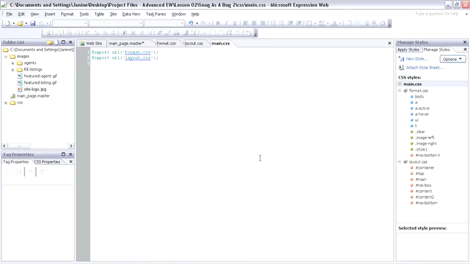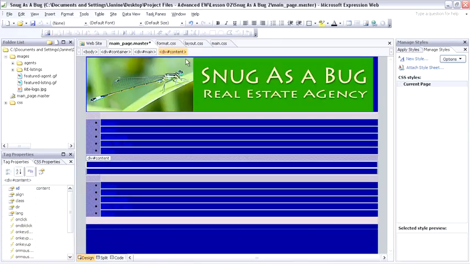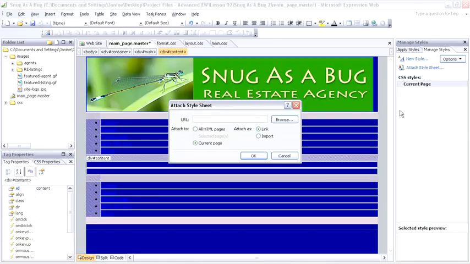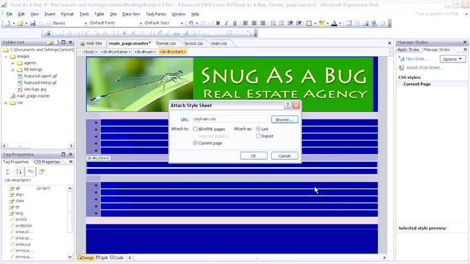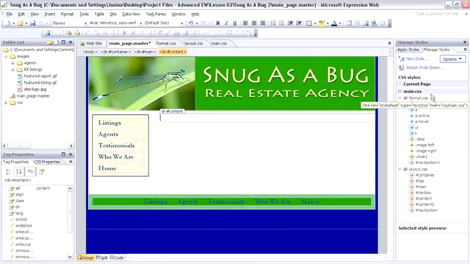Now let me save this. Now let me go back to the master page, and all I have to do here is attach my main CSS. The advantage of doing this is that if you have several style sheets and later you decide you want to further break them up and add another one, you won't have to go back to every page where you've attached them and attach that new one. You can just go back to the main style sheet and remove or attach a new style sheet, and it